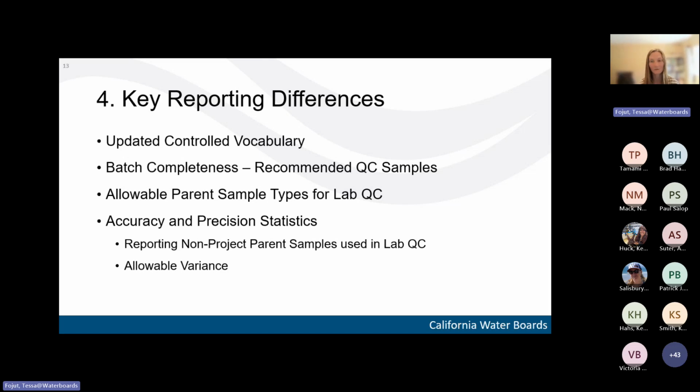So a field blank really isn't representative of a matrix spike. That's not the environmental matrix. So it's really not serving the whole purpose of why you would even do a matrix spike. If there's a matrix spike done on a field blank, that data actually will not be able to be submitted and you would have an incomplete batch of QC.